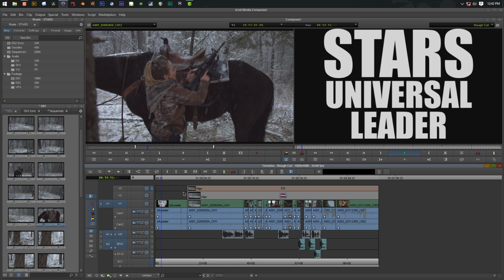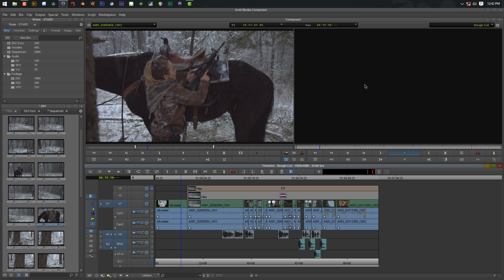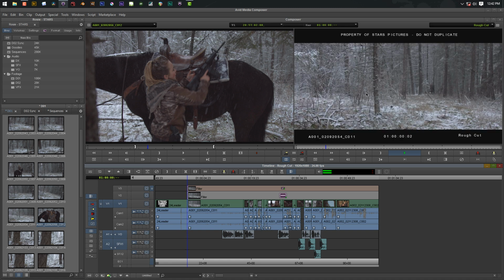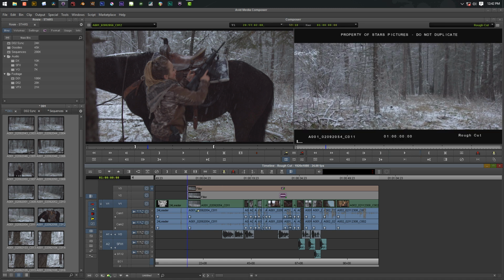And if we play it through, we got a nice countdown. I actually got this from somewhere off the internet, and I added the stars thing at the beginning. There's a 2-pop. And that leader is exactly 10 seconds long. So if we look at my start frame here, when the movie actually starts, you can see it's starting at